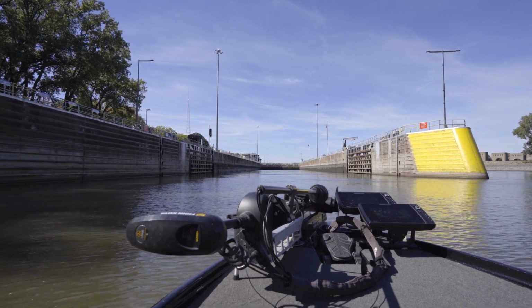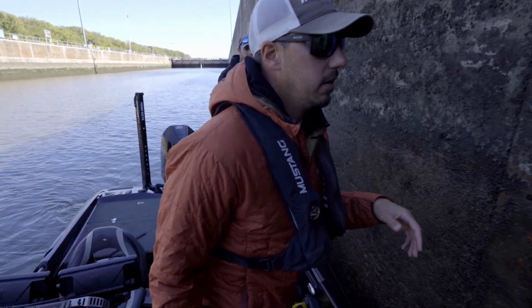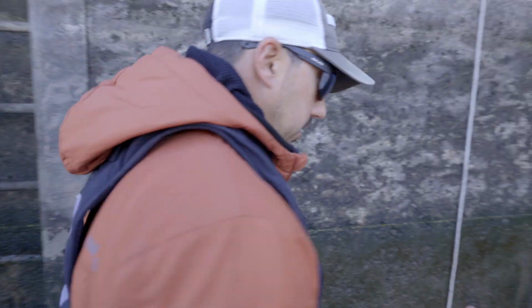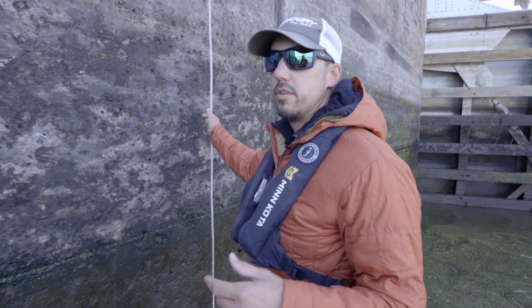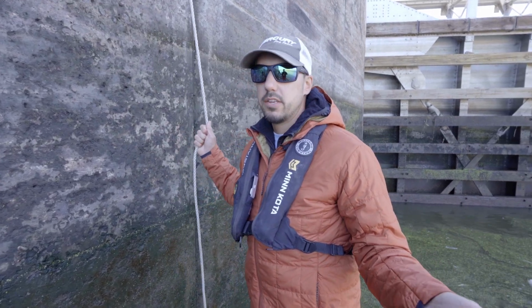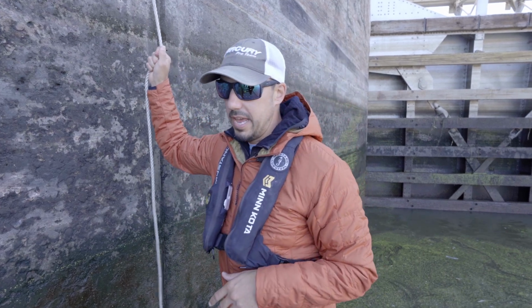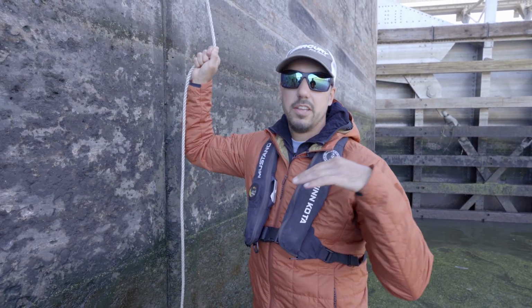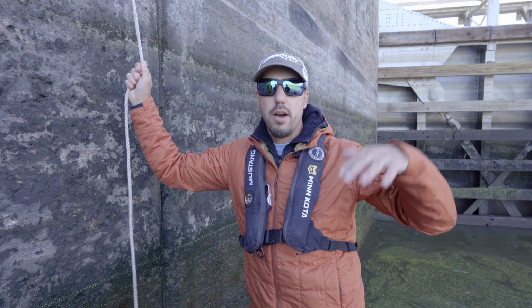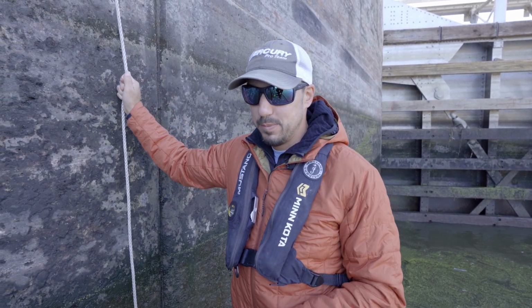All right, we just got pulled into the lock here. We've got some ropes hanging down on the lock wall. So you can do one of two things when you get in here. They'll let you float out in the middle of the lock if you'd like to do that, or they'll drape these ropes down that you can hang on to, and it'll just hold us in place as the water goes up and down. The one thing you absolutely do not want to do with these ropes is tie off to